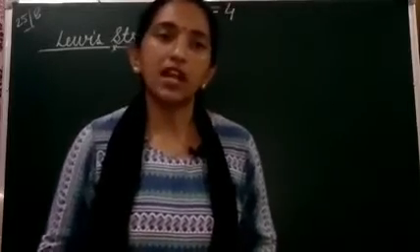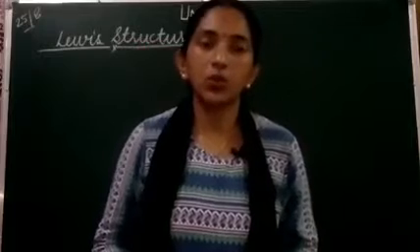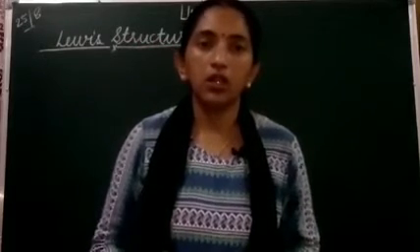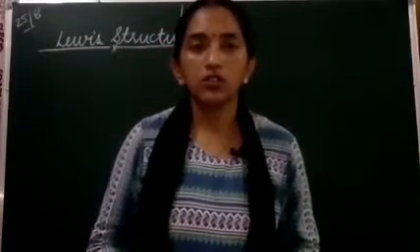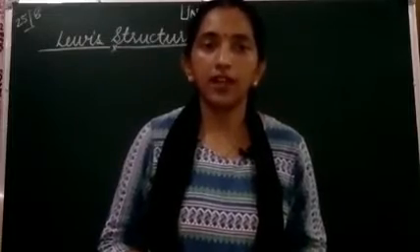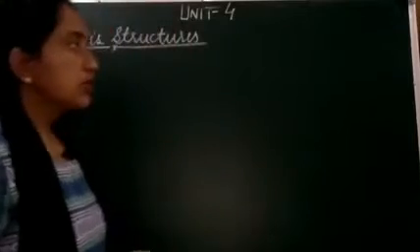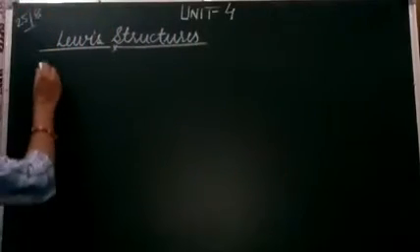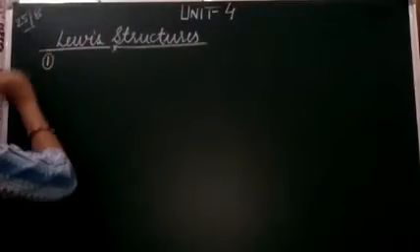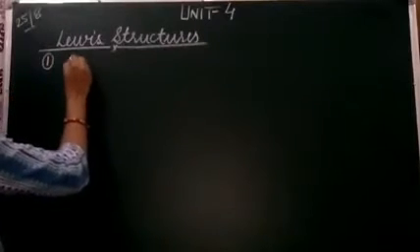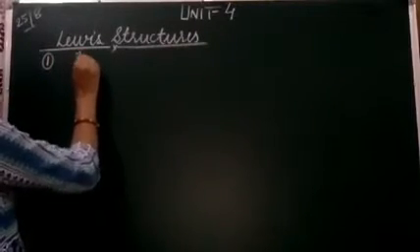Now students, whatever I've said now, I'm just going to pen down on the board. So just look at it carefully and try to understand. And after that, we are going to draw the Lewis structure. So the rules which are to be followed: the first is to count the total number